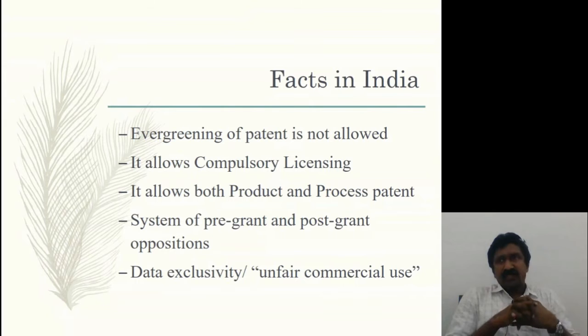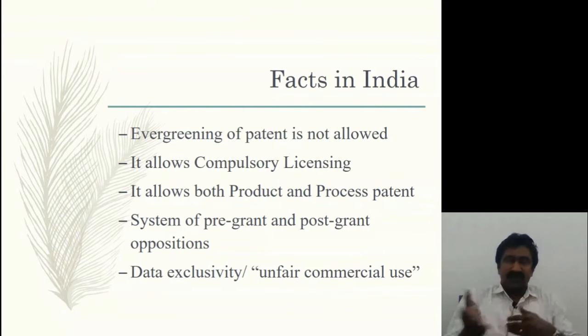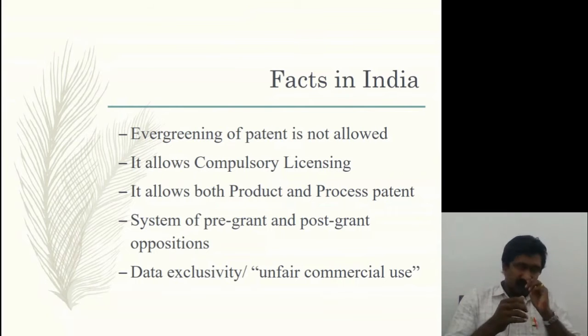There is a system of pre-grant and post-grant oppositions. If you are claiming the ownership of a technology or an invention, then you have to file. We will come to the details of the patent application procedure later. There is a strict scrutiny of your application: they will review the literature and verify whether it is an existing one or not, and whether it is claimed by some other parties.